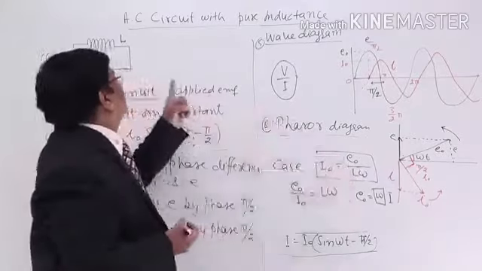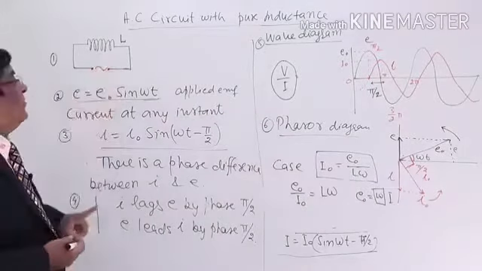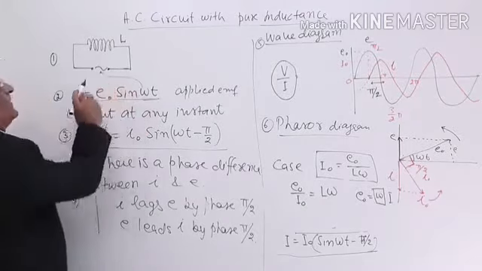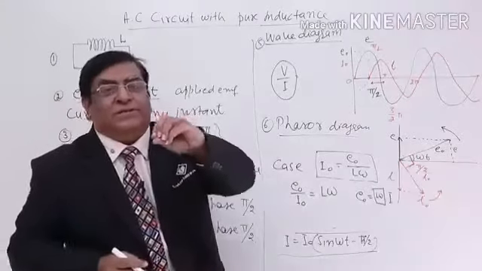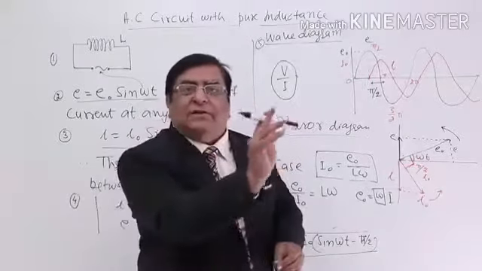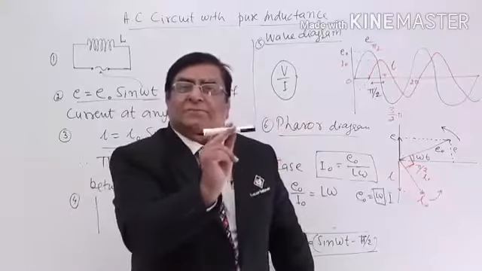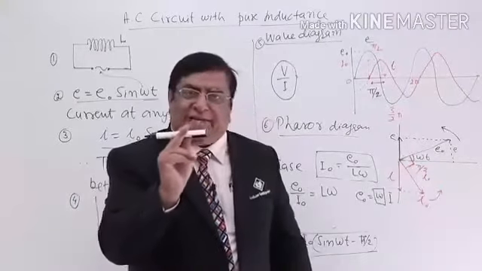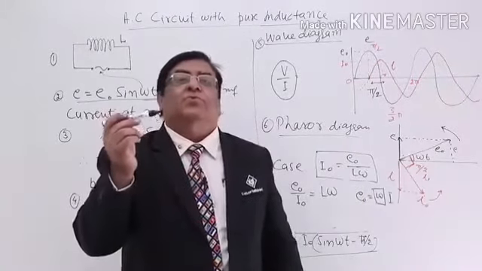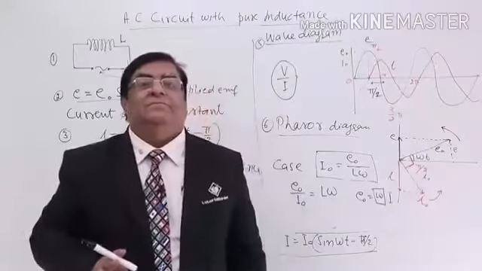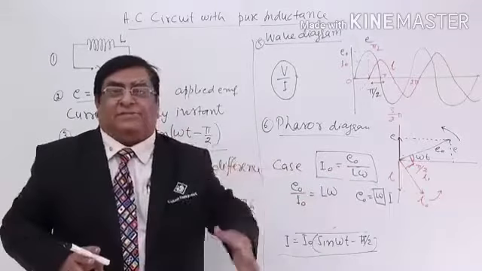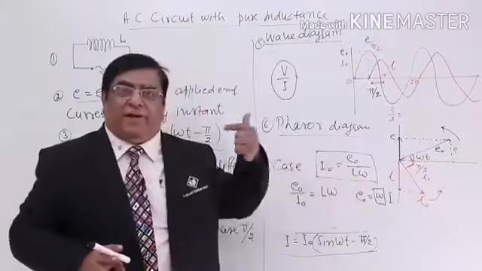What is this L omega? L is the inductance of this coil, and what is omega? Omega is the frequency of this AC we are supplying. The AC is changing direction here, here. This forms omega. This may be 2 times in 1 second. This may be 2000 times in 1 second. This may be 2 million times in 1 second. If it is 2 million, then current will be very, very small. And if this is 2, current will be very high.